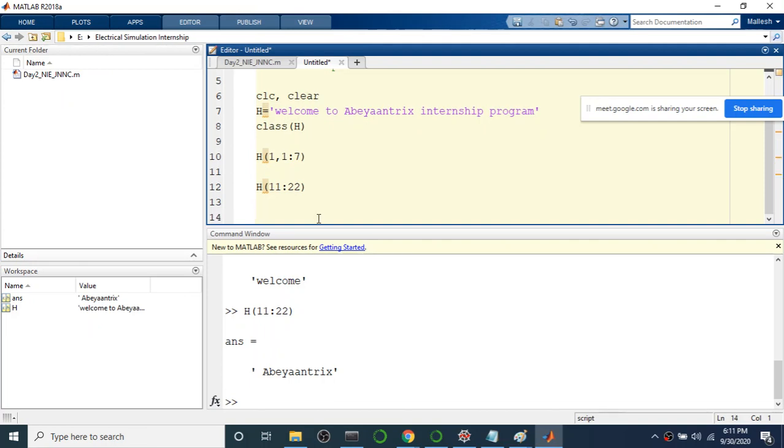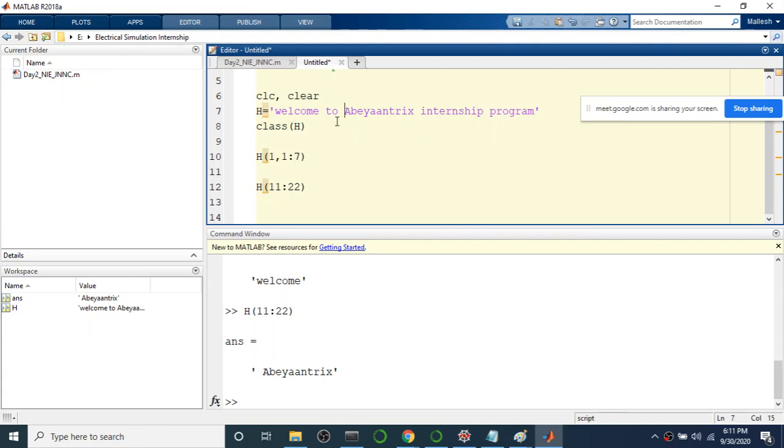Question: are blank spaces also considered as characters? Yes, they are considered as characters. Otherwise, if I'm not considering these two as characters, it was supposed to be the 10th character, 7 plus 2, 9, after that this should be the 10th.